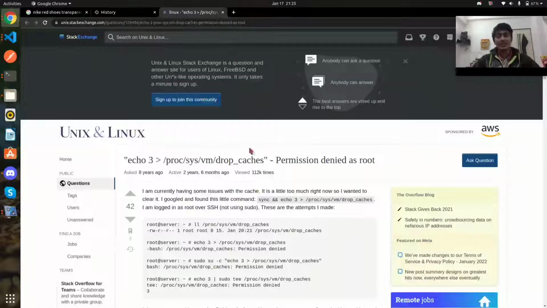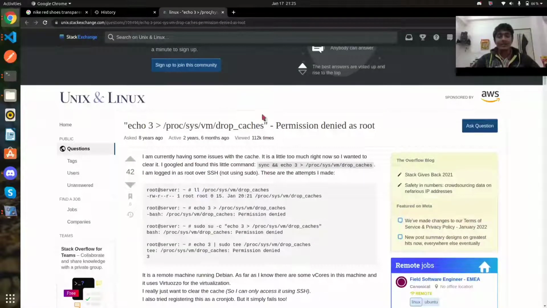Now in this video I am going to show you the actual solution. As soon as you search on the internet for emptying, for reducing the amount of buffer that gets occupied in the Ubuntu system, we are going to have this problem of permission denied as root also. Okay, despite using sudo, we are going to have the permission denied problem. So I found this article on Stack Exchange, which is really helpful for this problem. After understanding the problem, let us see the solution, shall we?